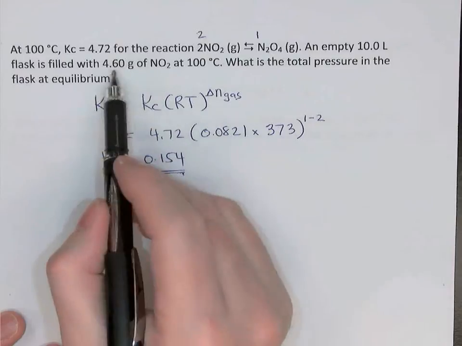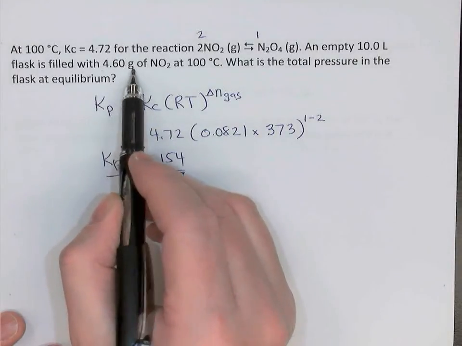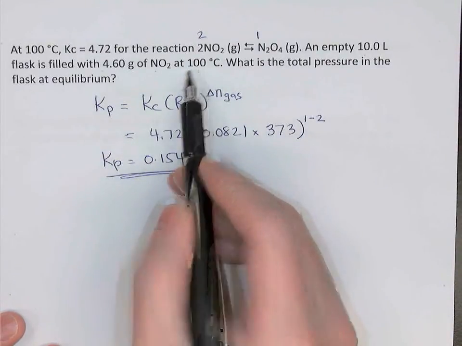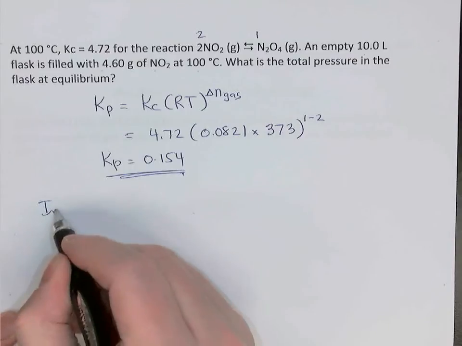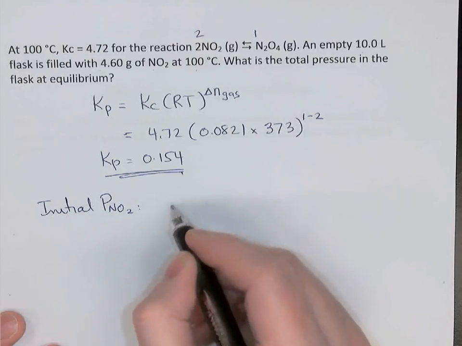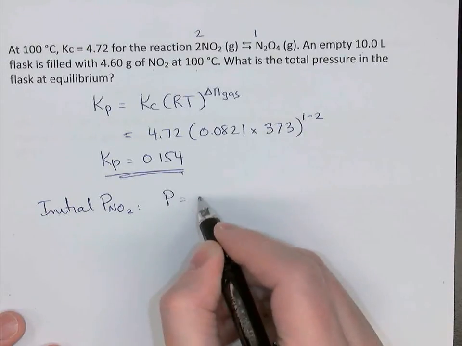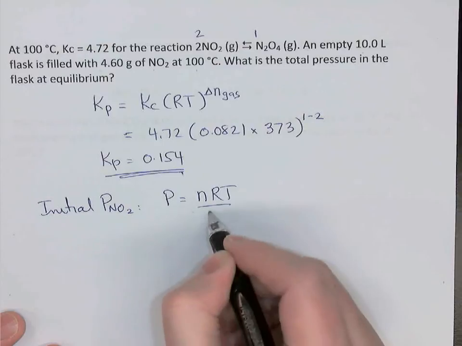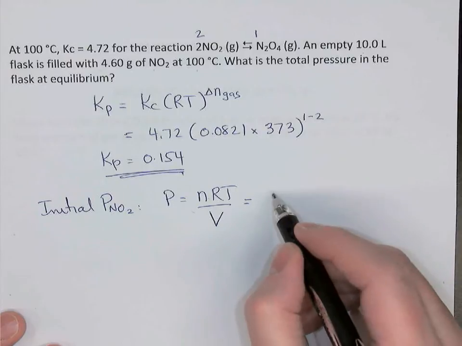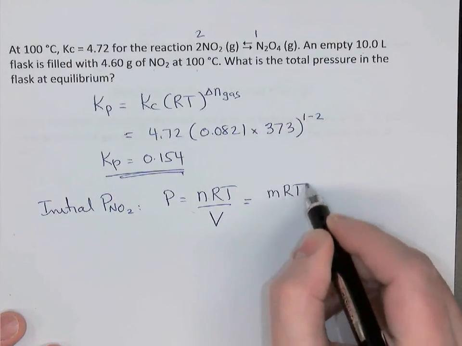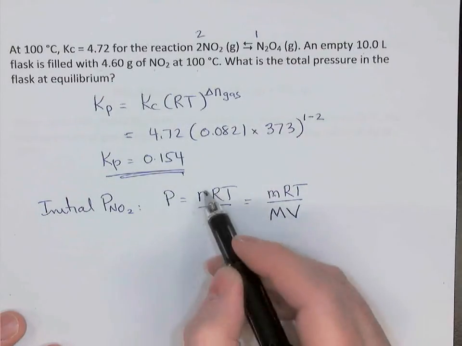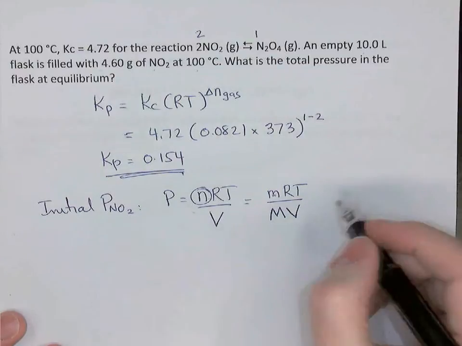Now, we've got this annoying initial 4.6 grams of NO2 in the 10-liter vessel at 100 degrees Celsius. So let's go find the initial pressure of NO2, since we're going to use pressures. The ideal gas law says that pressure is equal to nRT divided by V, if we rearrange it. And we remember that moles is mass over molar mass, so mRT over molar mass times volume. Mass over molar mass is the same as moles. So now we can just substitute